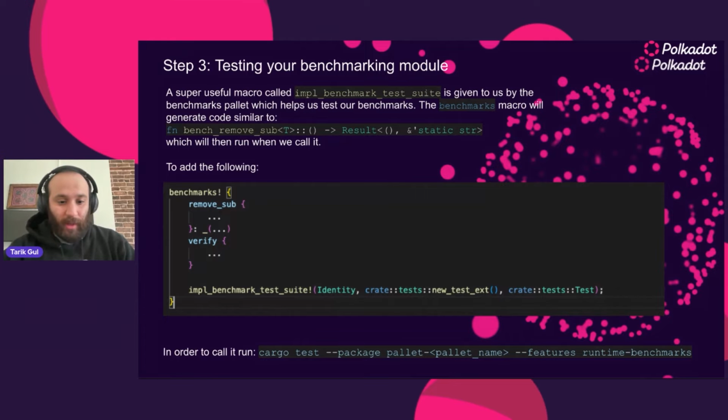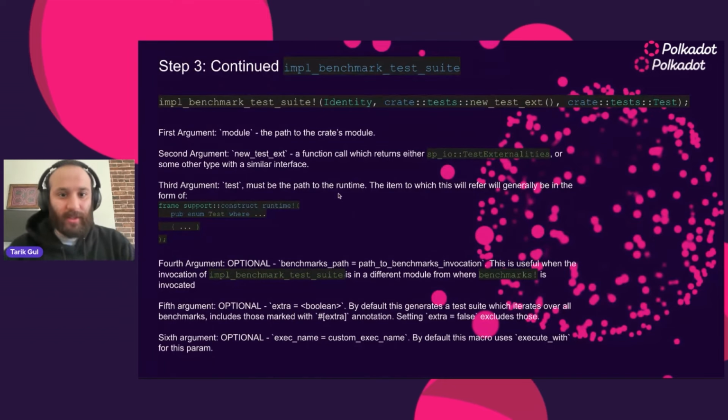And a good example on how to run this below is this cargo test package palette and then features flags. And yeah, you could just run this to see what that will look like. So let's do a little deeper dive into this implement benchmark test suite. This implement benchmark test suite takes in about 6 parameters. Usually you'll only actually use 3, as 3 is only necessary and the second 3 are optional, but let's look